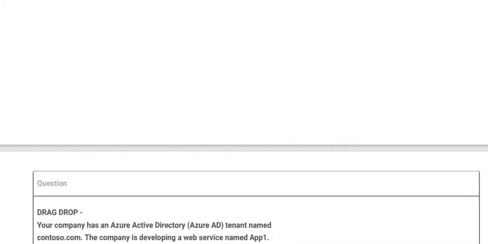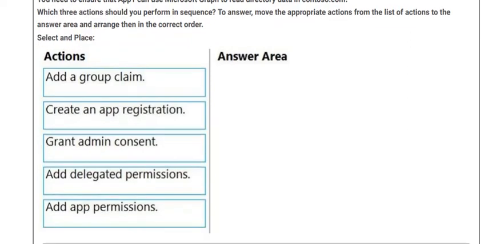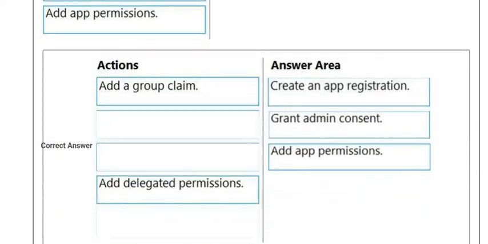Next question is: your company has an Azure Active Directory tenant named Contoso.com. The company is developing a web service named App1. You need to ensure that App1 can use Microsoft Graph to read directory data in Contoso.com. Which three actions should you perform in sequence? Please go through the answer area. And the correct answer is,